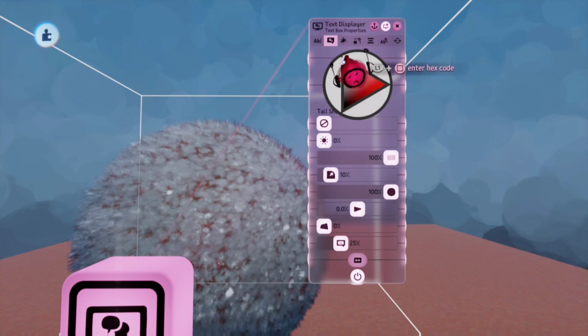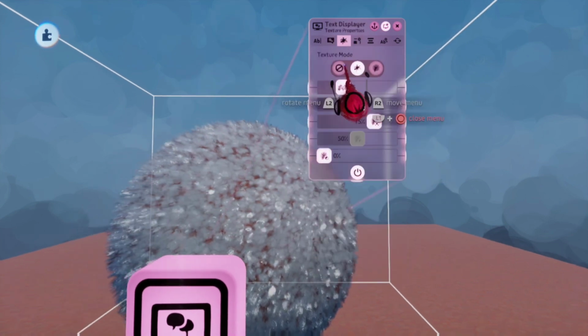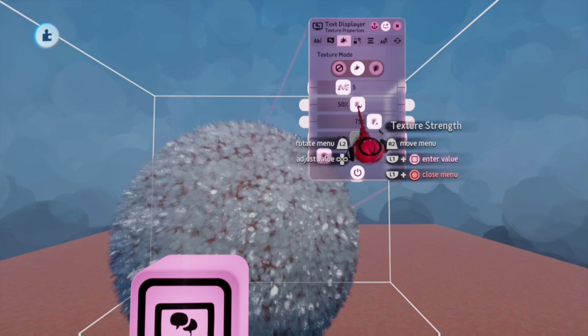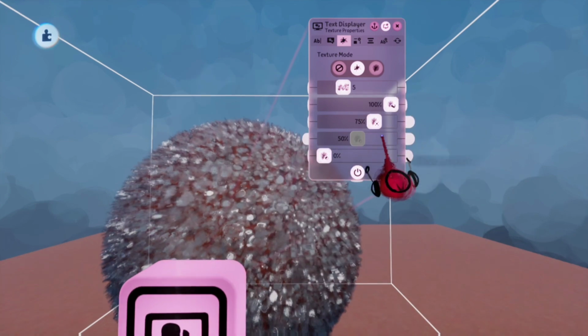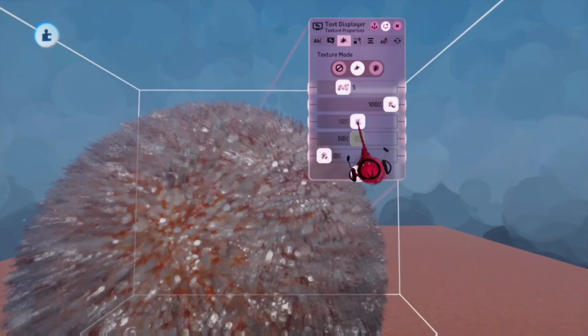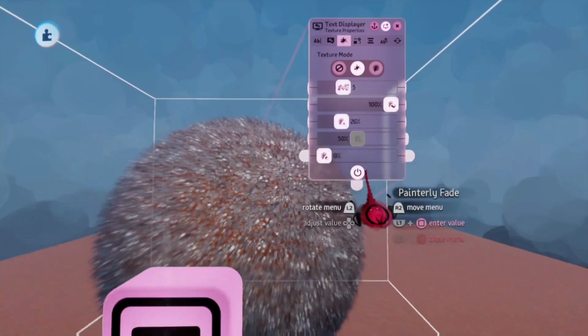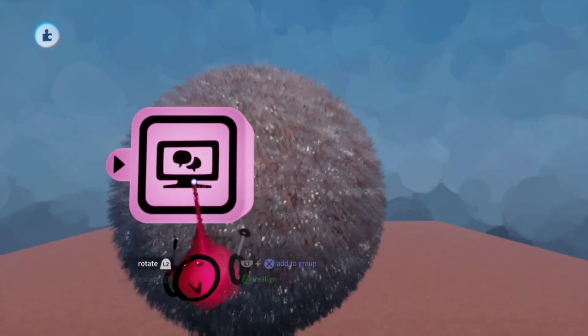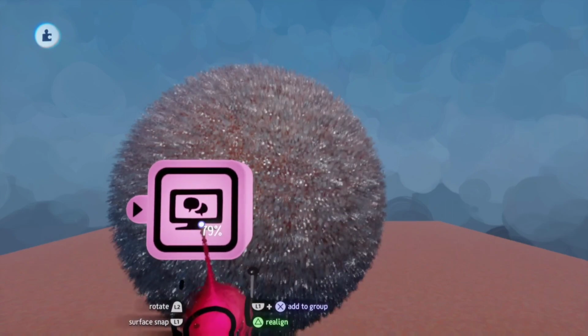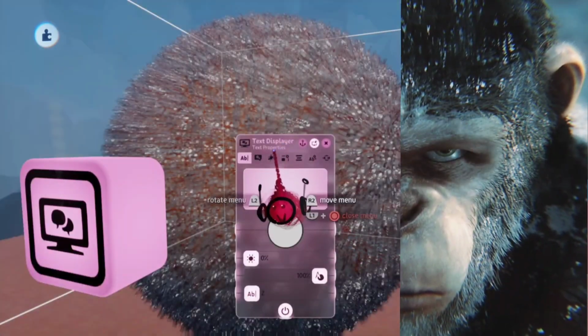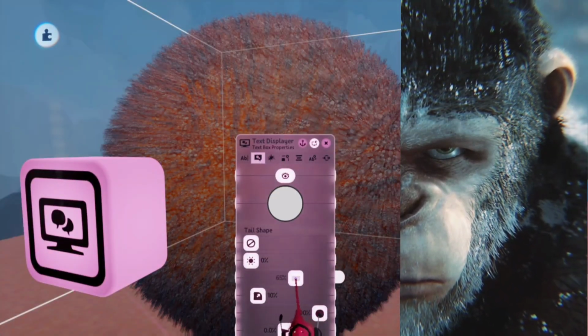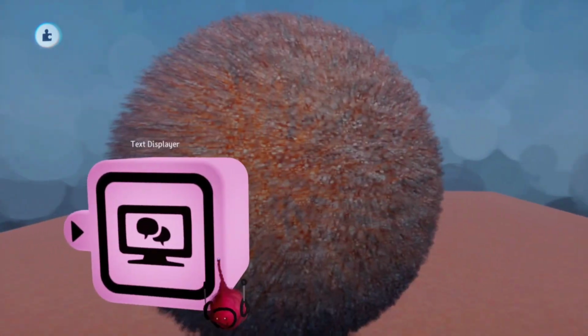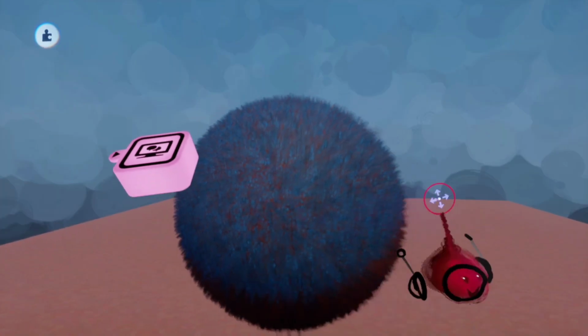and if you change the color all the way up to white, make the texture strength all the way up, turn down the texture scale. Now it looks like there's snow in the fur, and you can also adjust the opacity of this. And then on top of it,